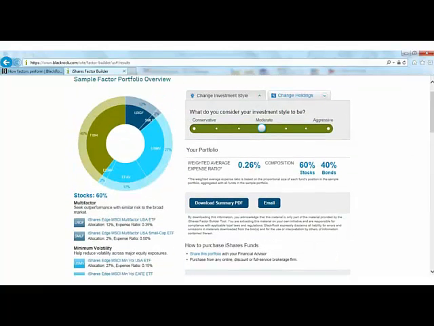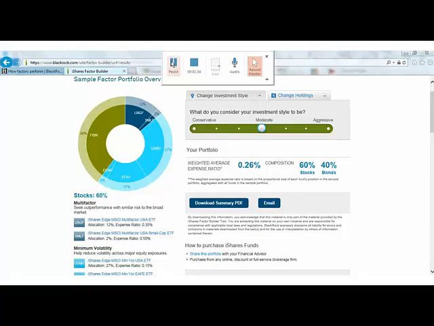And finally, if you scroll all the way down to the bottom, what you can see there is the basic characteristics that you'd be looking for in a fund. What is the country exposure? What are the sector exposures? The top holdings? And for fixed income, what is the credit exposure? So it gives you a very dynamic view of what this fund-of-funds portfolio would look like when constructed with all smart beta indexes.